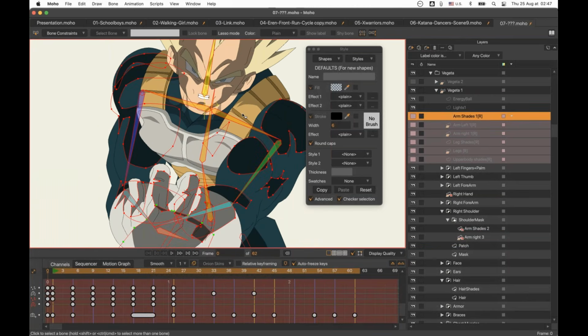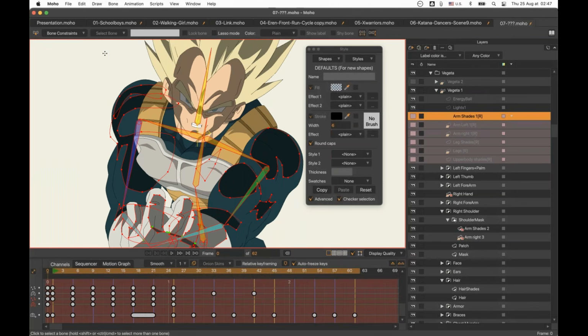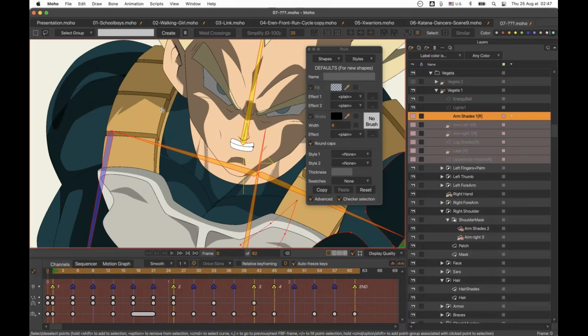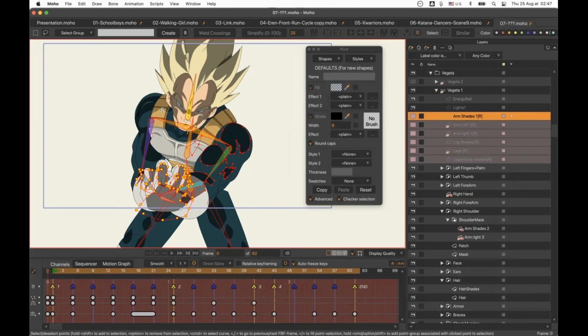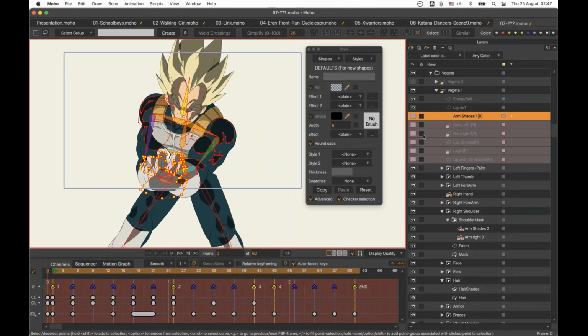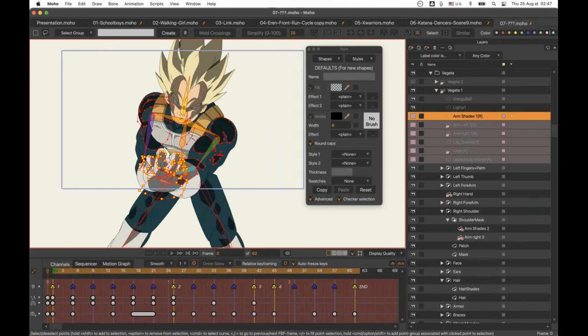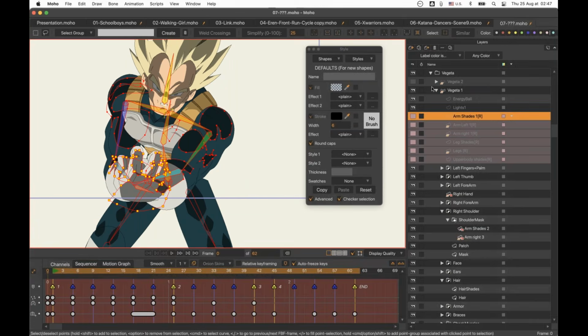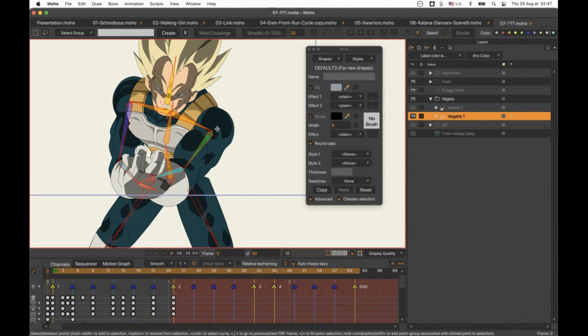Also don't put too many things in reference layers, otherwise it becomes a pain to animate. The good thing is that Moho has the hide vector tools, which is very helpful, but I don't like to put too many things in reference layers, otherwise it becomes very messy. And I think that's it